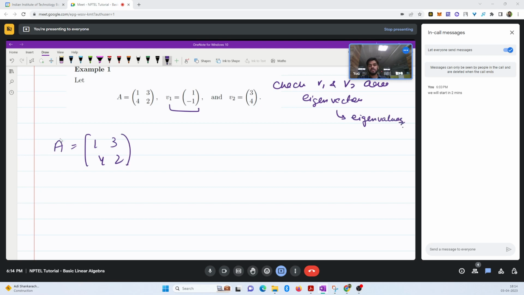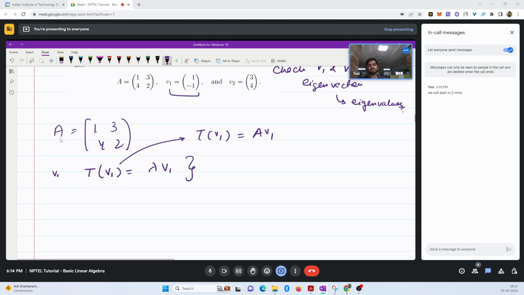Okay, so let's say we have 1, 3, 4, 2. What we want is, let's say we have v1 as a vector. If it is an eigenvector, then T v1 would be some lambda times v1, right? So if we talk about matrix representation, then T of v1 is nothing but A times v1. So if you want to find the transformation of some vector, you just multiply that vector with the matrix